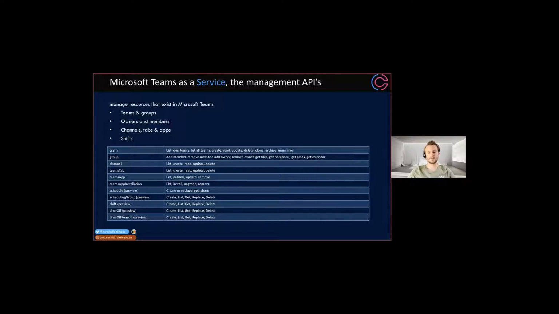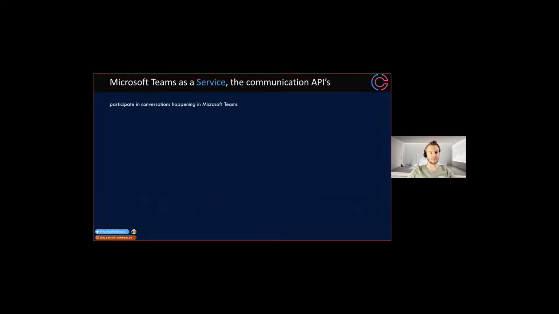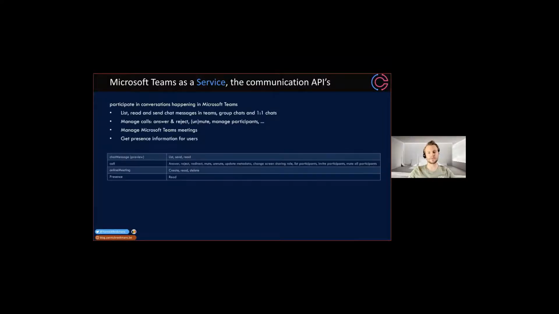On the other hand, there's the communication APIs. With these APIs, your application can participate in conversations that happen in Microsoft Teams. So your application could list, read, and send chat messages in Teams, group chats, and one-on-one chats, but also manage calls by answering and rejecting them, or by managing participants, muting them, and things like that. But also create and manage Microsoft Teams meetings itself. So create an item on someone's agenda with a Microsoft Teams meeting embedded,